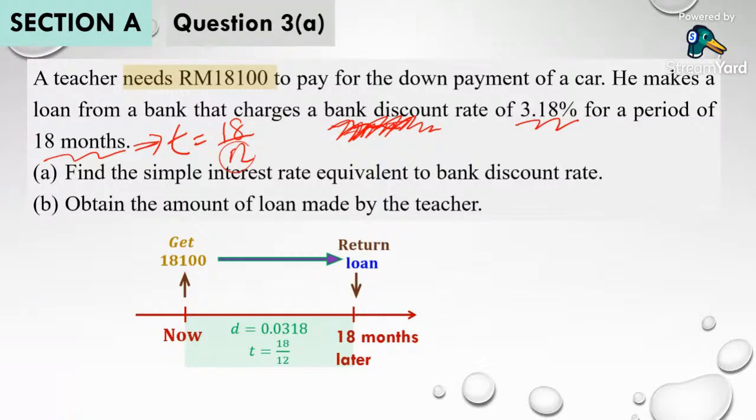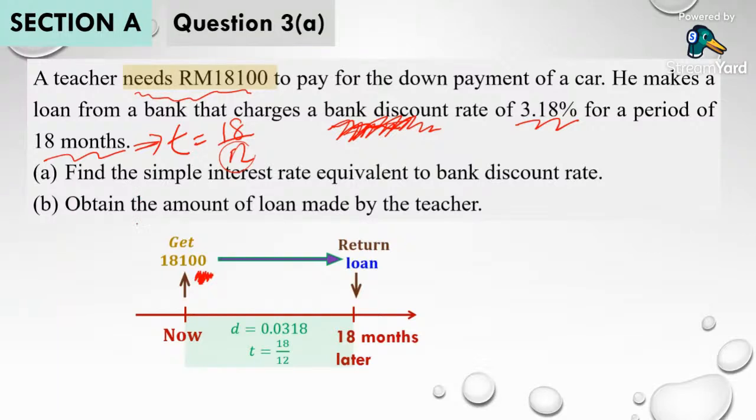So let us further interpret what we know. In this case, the teacher must get this amount in his hand when he wants to borrow from the bank. He is not asking for this amount, but he needs this amount, and if he needs it, he must get it in his hand. Then how much should he ask for in order to ensure he gets this amount? This is important to take note of.